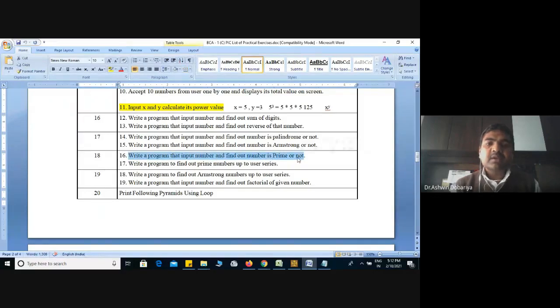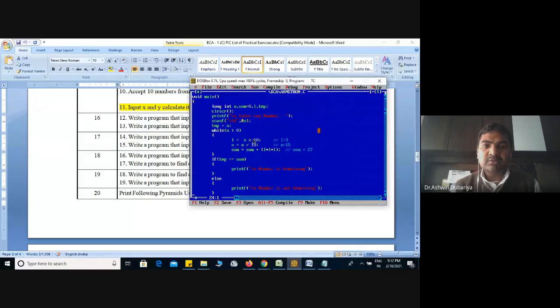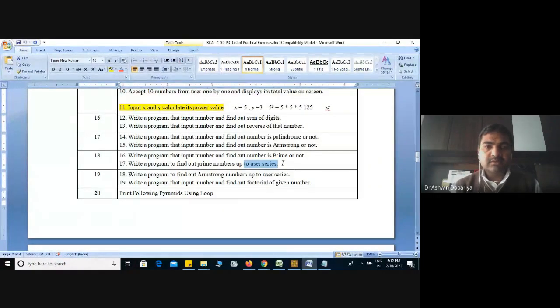If you know this prime number, then another program is also relevant to the prime number series. Now, what is a prime number series and how can we generate a series? I will give that explanation along with the Armstrong number. Right now, programs number 16 and 17 I am giving you as homework. Is it clear, all of you?